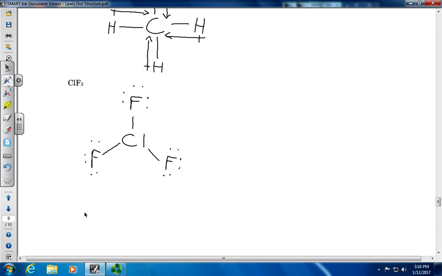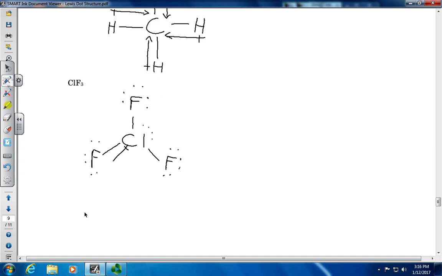And we are short a couple of lone pairs. So we're just going to put them like so. Now, one has to recognize that fluorine is more electronegative than chlorine,